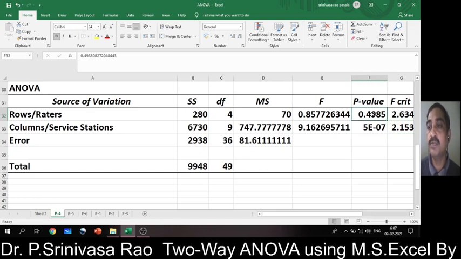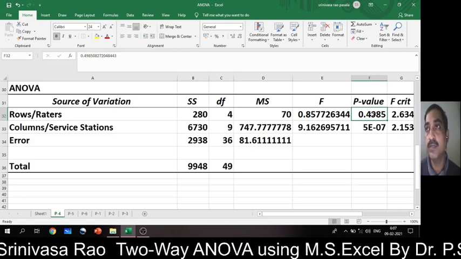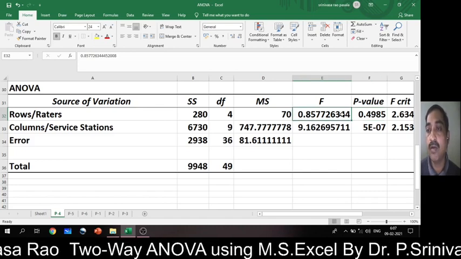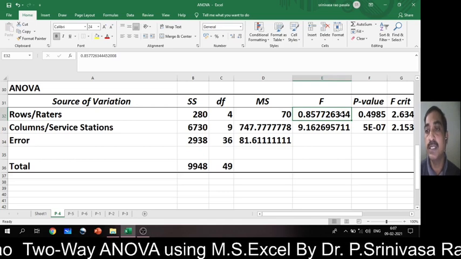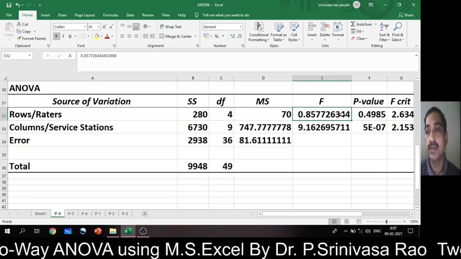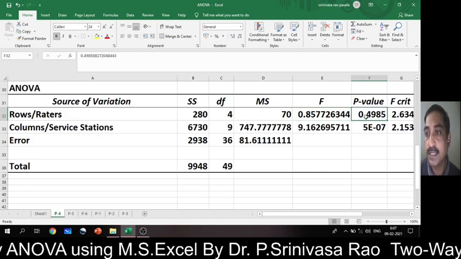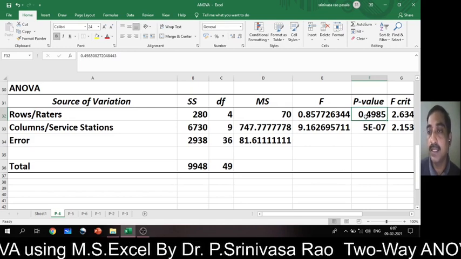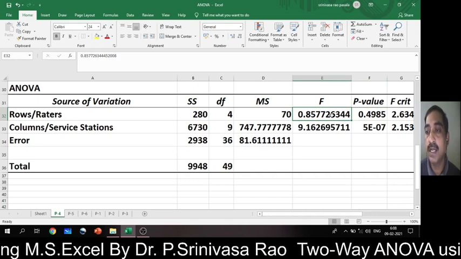If the p value is greater than 0.05, the F value is not significant, which means that you accept your null hypothesis.